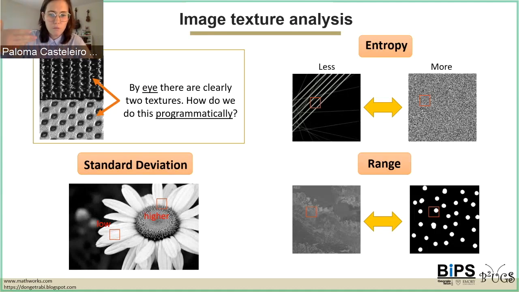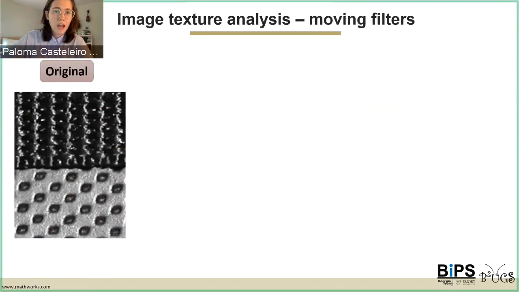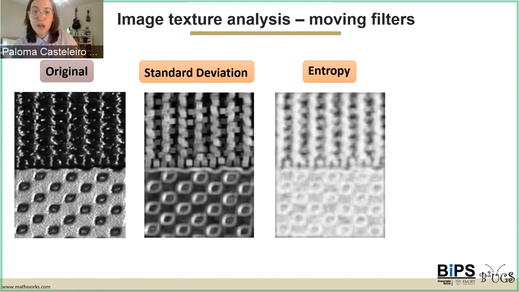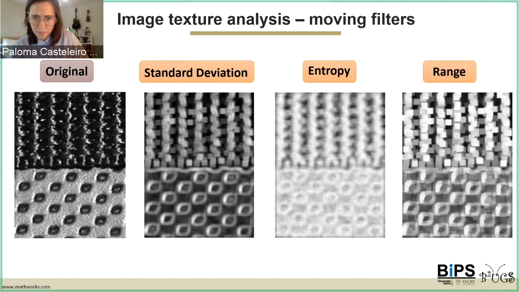So how would we apply these for segmentation? Well, using this exact same image, if we applied a standard deviation to a small window and just slid the window through the image, so we would do a sliding window, we can get something like this. If we did the entropy, this would be the result. And if we did the range, this would be the result. I know that here it's kind of hard to tell how we would use these,